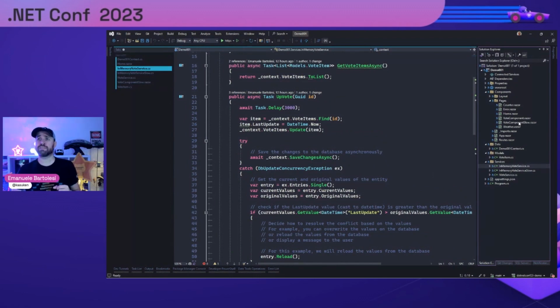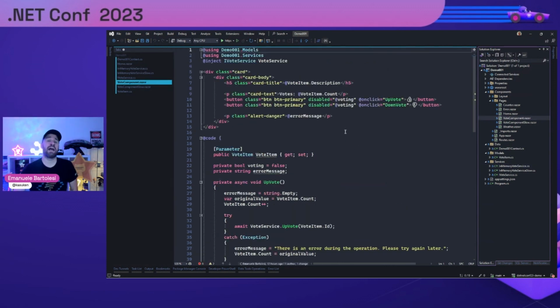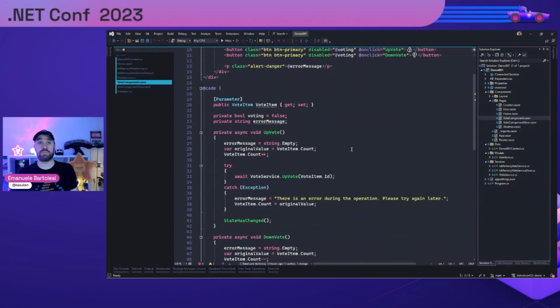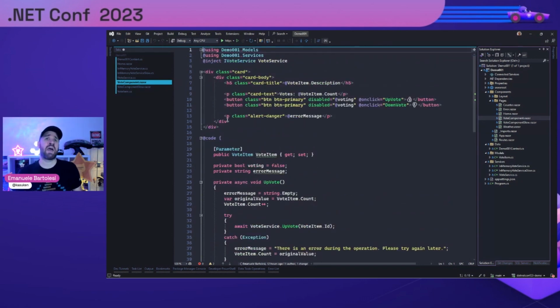In my component, I changed it a little bit, as I can show you here. I have the same button as before. As you can see, my disable button, upvote button and downvote button are the same, but I changed the code below a little bit. First of all, I added a paragraph with the error message, where I have to show the message if